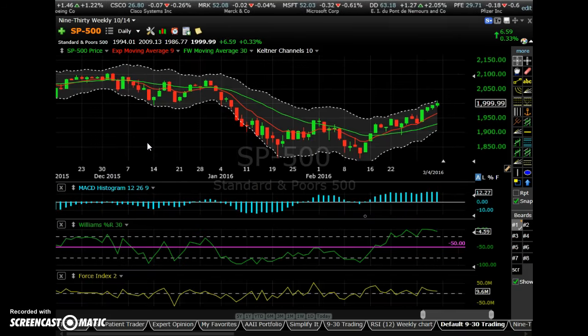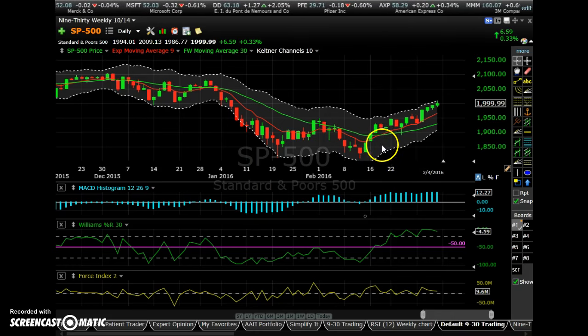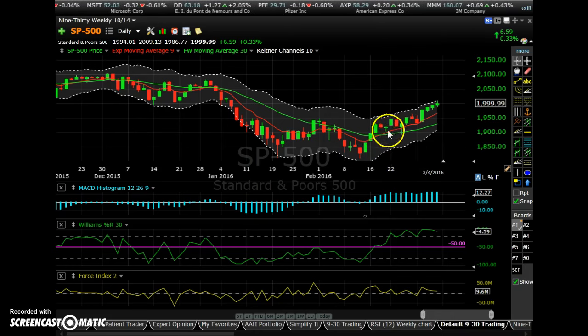Now, on the daily chart, we saw last weekend that the Kalman filter crossed above the instantaneous trend line. In this case, we have an analogous crossing of the 9 EMA above the 30 weighted moving average. Now, I'm using the 930 system here as taught by